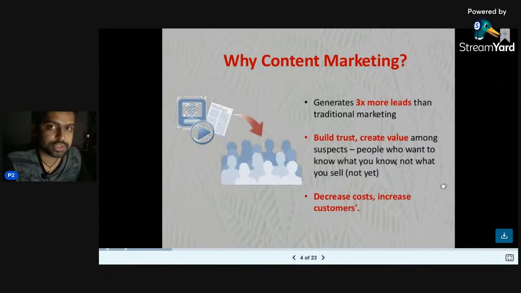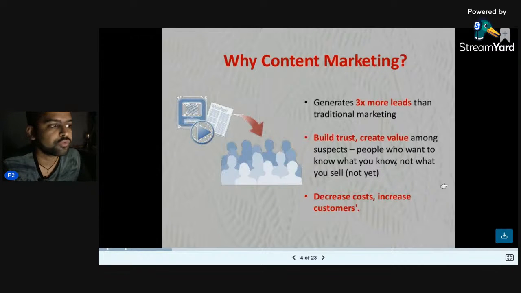Now of course that always creates some trust, some value is generated in your audience's mind, and that's the reason your product is automatically seen as some expert in your industry, and that actually leads to more sales in the long term, although it won't work in the short term.